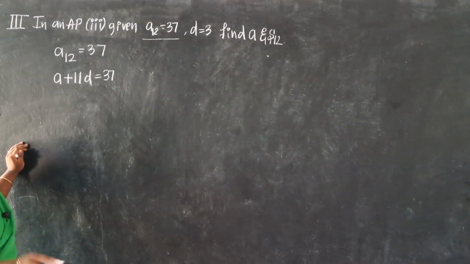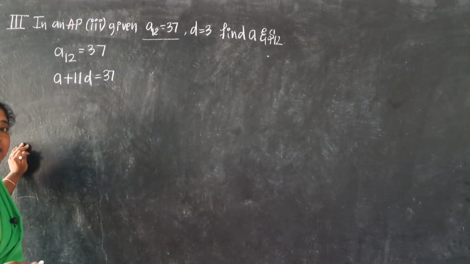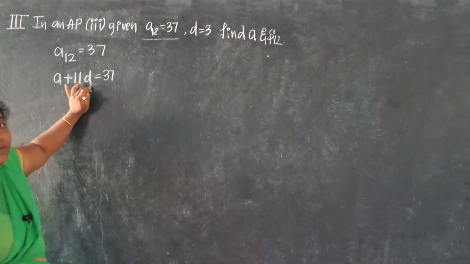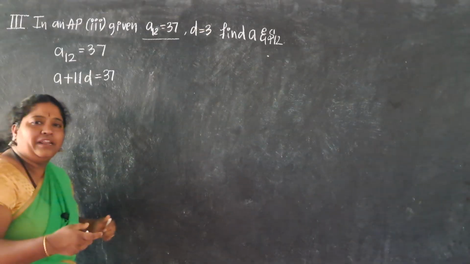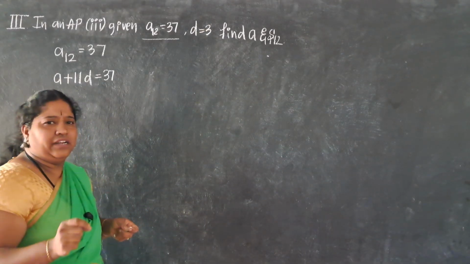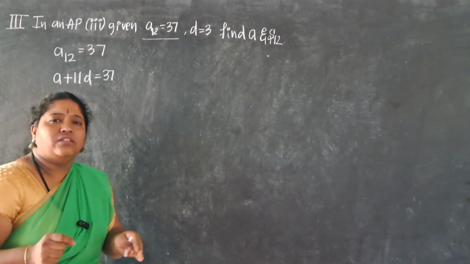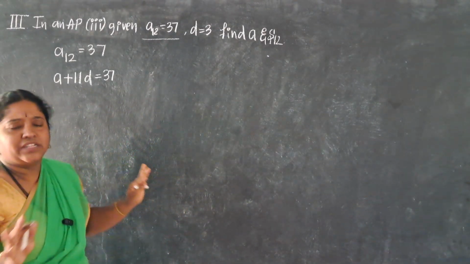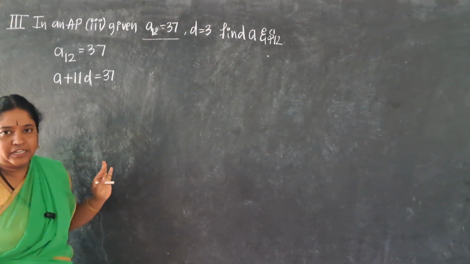In the last question, A was provided and you calculated D. Now in the present question, you need to calculate A. They have provided you the D value. So the question types will be repeating, but the manner in which they ask will be a little different. Once you are thorough with all the types of problems, you will become very powerful to solve any kind of question given in the board examination.